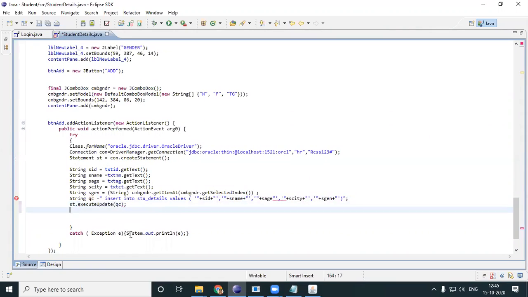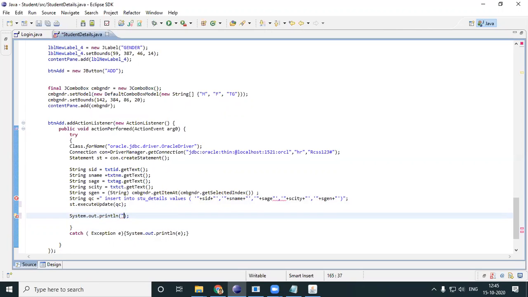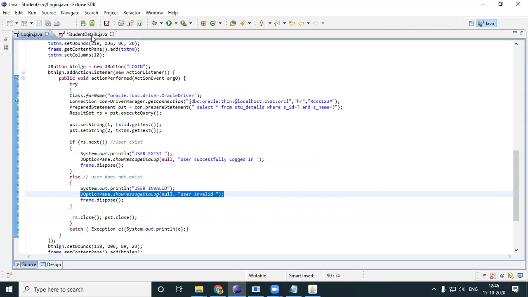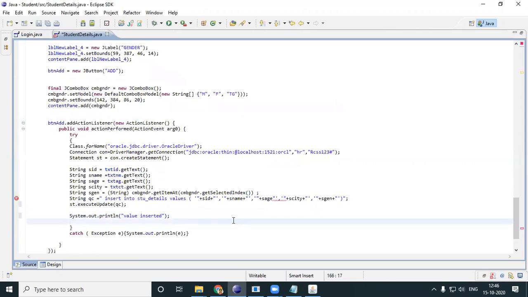Okay, we'll even give an SOP, value inserted. I'll even have an option pane to show values inserted. I'll save my program.